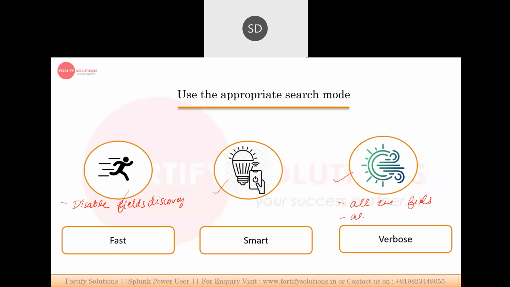Sometimes in the other modes you cannot see the events, but this is the only mode where you can see all the events, even though in the fast and smart modes you cannot. So it will discover all the fields, and we can see all of them.